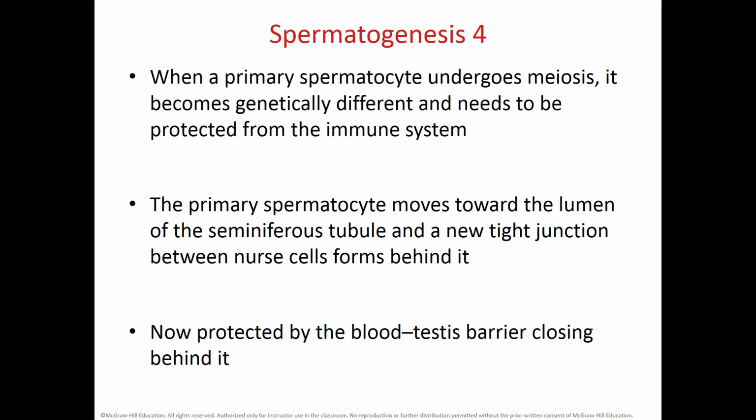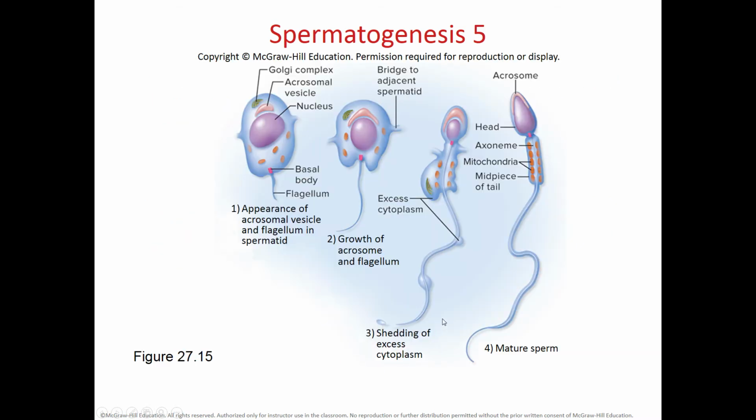So during spermatogenesis, you have migration of these cells towards the lumen, and then from the lumen they will migrate into the epididymis. So this is a process of spermatogenesis that includes the change of